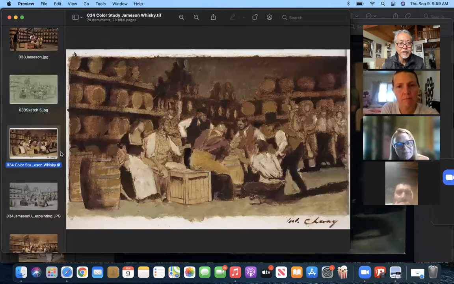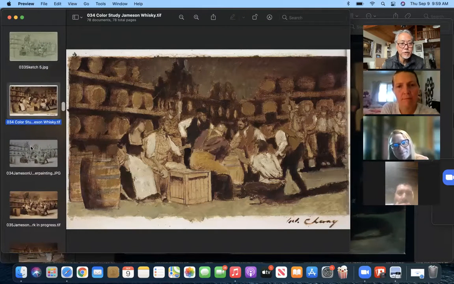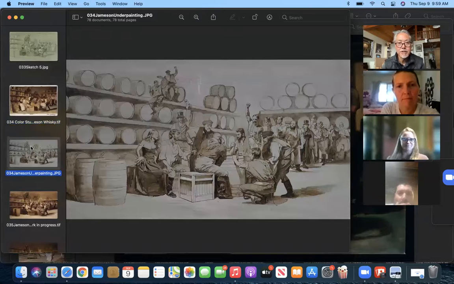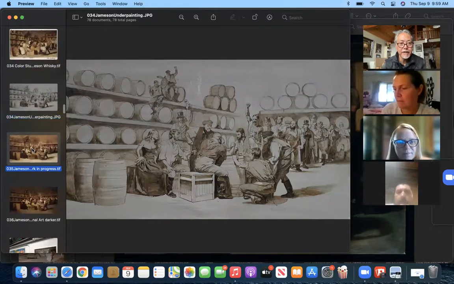I did this color study purely for myself. I did not present this to the client because I thought that if I presented it to the client, then they would implement more and more changes. And I didn't want to give them the opportunity to implement changes. I did show them this first stage, which is the completed drawing in raw umber prior to applying color, to get it approved. Then I started to paint on it.